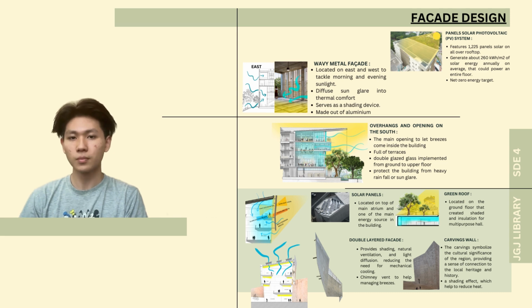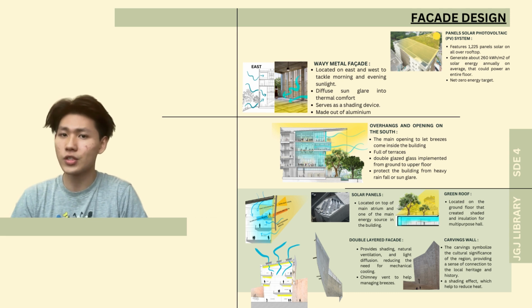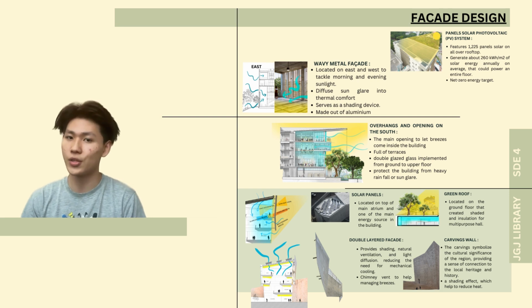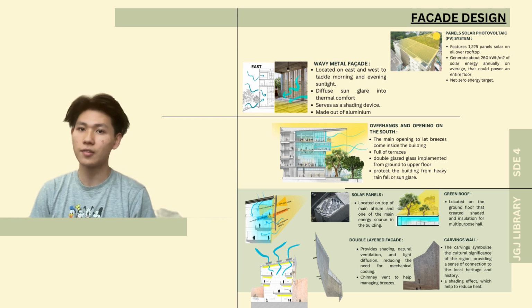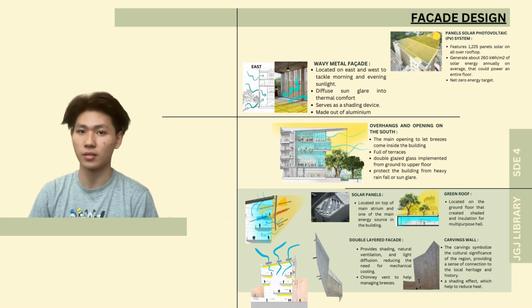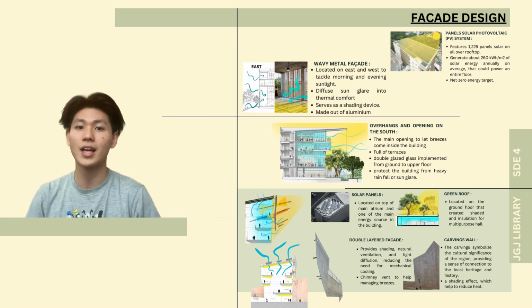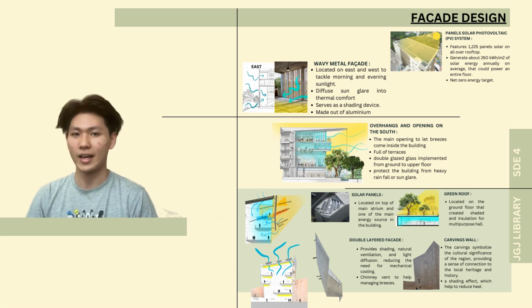And the School of Design and Environment 4 in Singapore features a range of sustainable design features that enhance thermal insulation and reduce energy consumption. The building features an extended roof projection that shades the building from the tropical sun, reducing heat gain and providing additional space for solar panels. High-performance double glazed units are also implemented in this building. The glass used for facades is high-performance DGU, which provides excellent thermal insulation and reduces heat gain. And next is